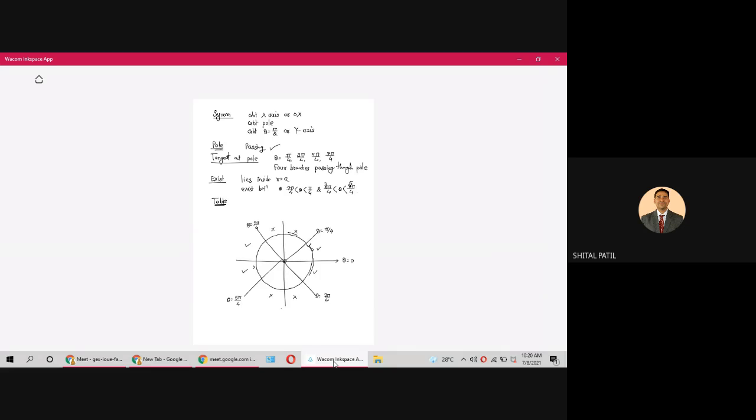Then we consider that existence lies inside the circle r equal to a. This is the circle r equal to a. Then we have to consider a table. When theta equal to 0, we have the point r equal to a on the circle, so we have one point here. Then theta equal to pi by 8. I think it is 0.84a, so somewhere here. This is a, this is 0.84a, less than a.